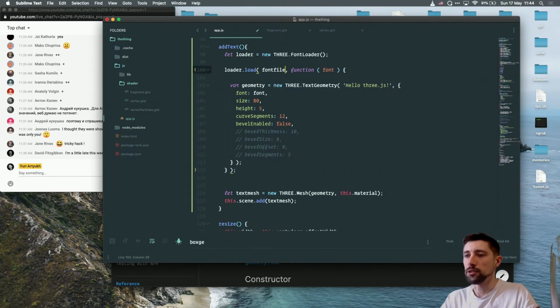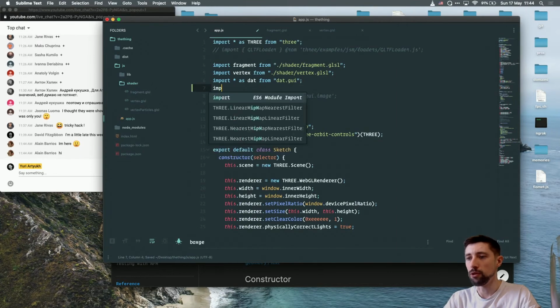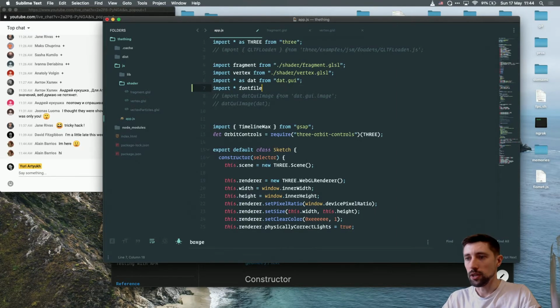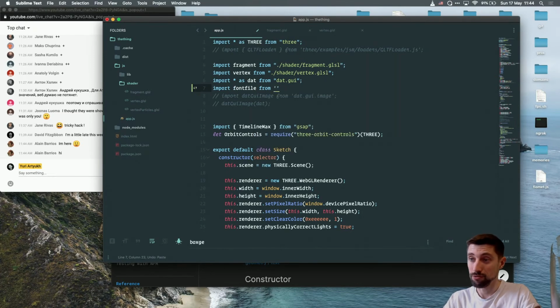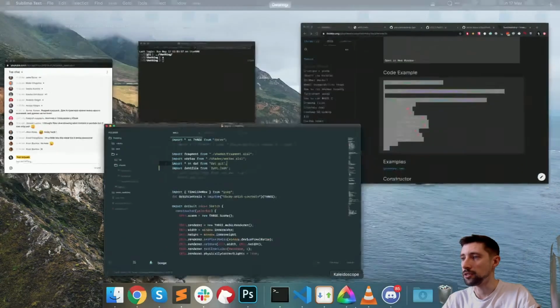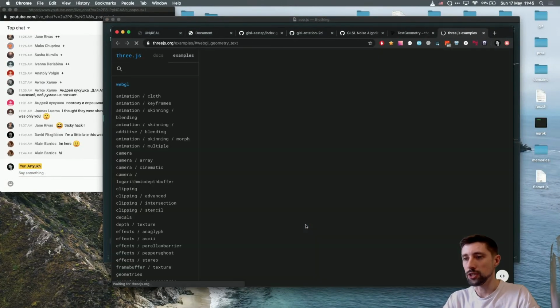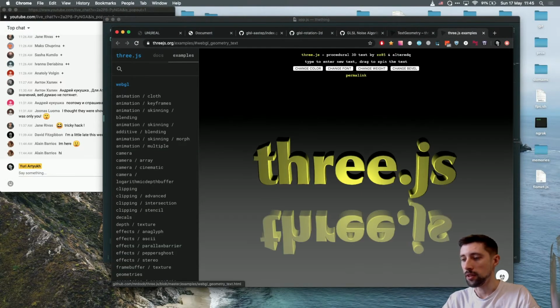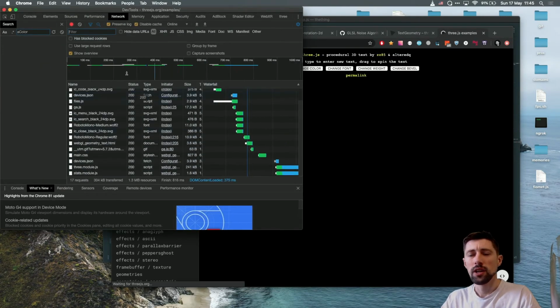Font file. Let's call it font file. Because I'm using the parcel, I would need to include this font file before I'm gonna be using it. Import font file from what? Font JSON. And now I need this font JSON actually because I don't have it yet. I'll go to the 3JS example, and then I think I can check the network tab